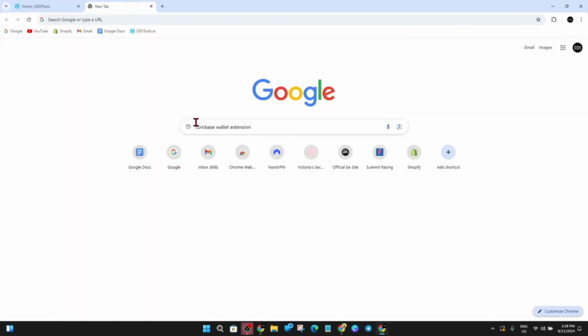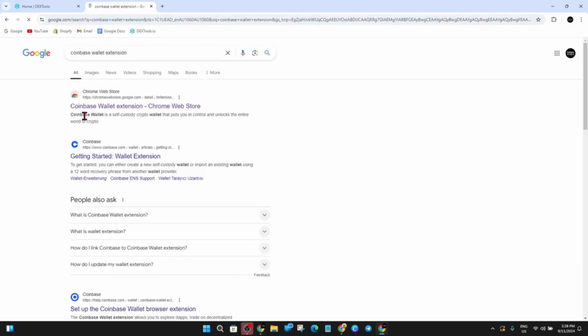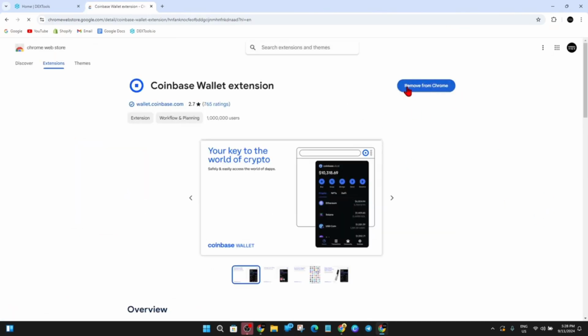So go to Google, type in Coinbase wallet extension, then hit search. Then you want to click on the Chrome web store result, Coinbase wallet extension. Click on add to Chrome. It says remove because I've already got it installed. Add to Chrome and then create a new account and go through the process. Very straightforward. There's videos on YouTube if you're not sure how to do that, or just log in if you